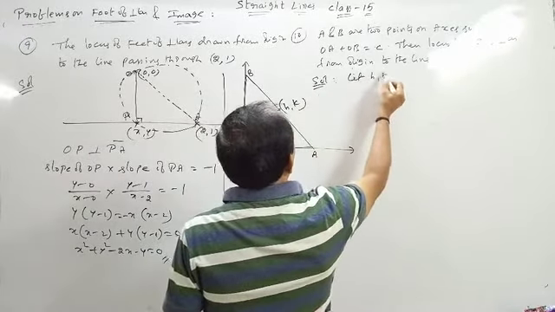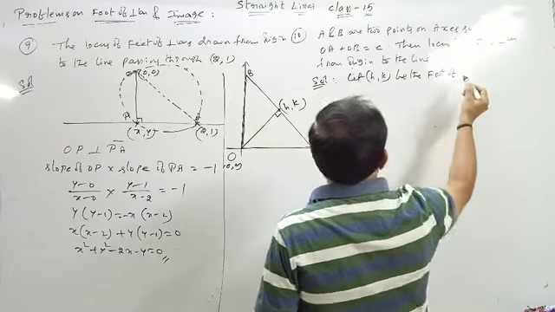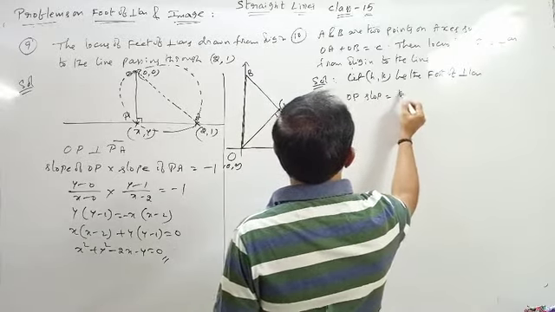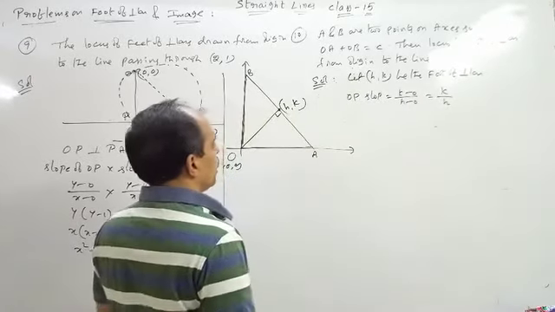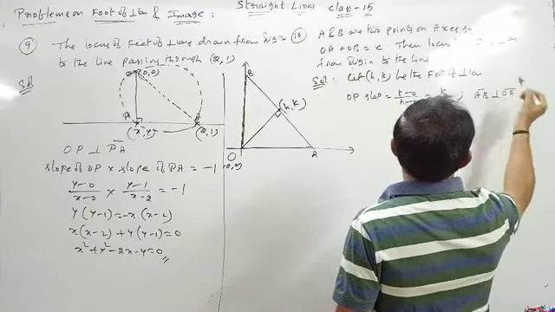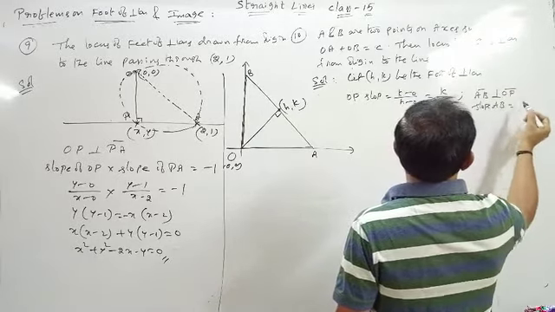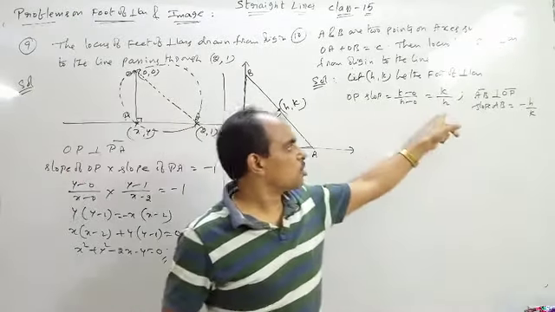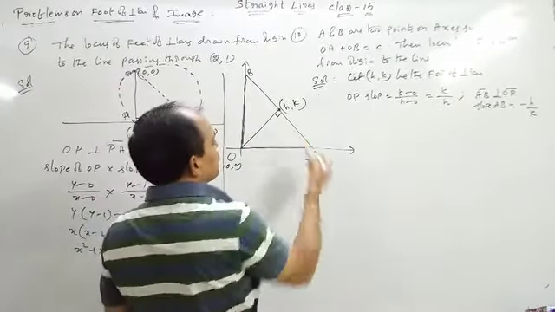Now, let h comma k be the foot of perpendicular. OP slope is equal to k minus 0 by h minus 0, that is k by h. And AB bar is perpendicular to OP bar. Now what about the slope of AB? Slope of AB is equal to minus h by k. The line slope is k by h, then the slope of AB is minus h by k. Correct? Okay. Now the equation of this one.